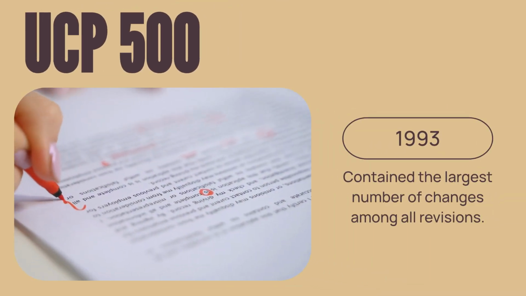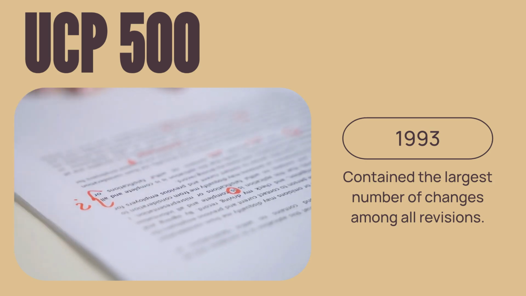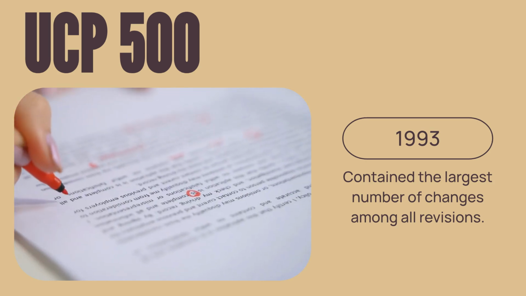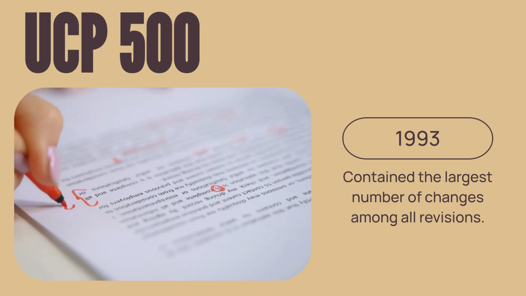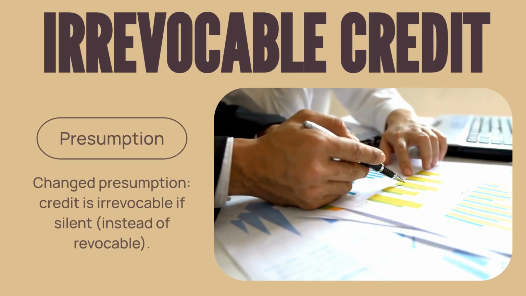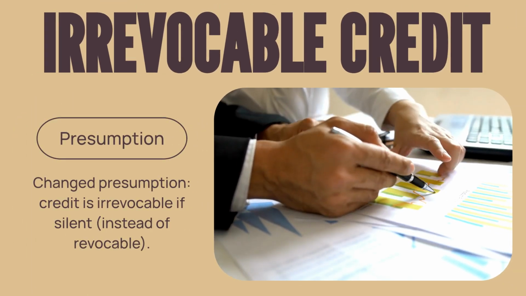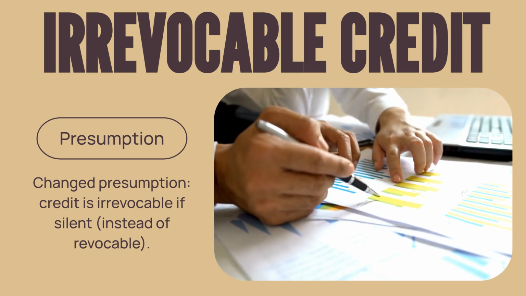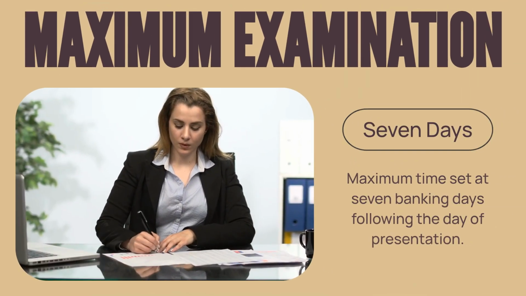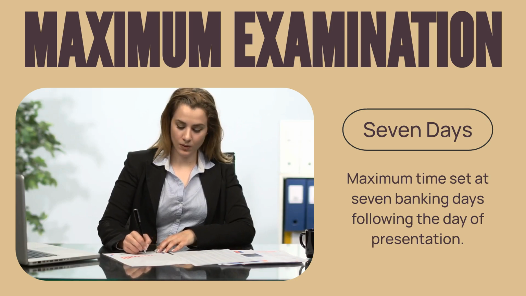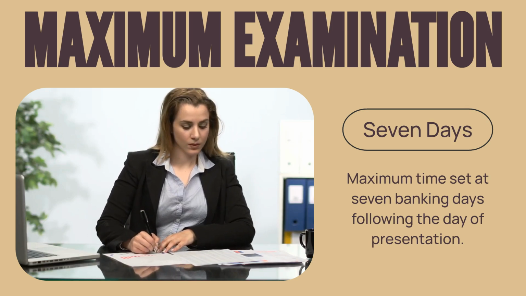UCP 500 introduced the most changes, significantly updating the rules and impacting current practitioners, many of whom started with this version. A major shift was changing the presumption. If a credit was silent, it was now presumed to be irrevocable, reversing the previous position. UCP 500 provided banks with a clear deadline for examination, a maximum of 7 banking days following the day of